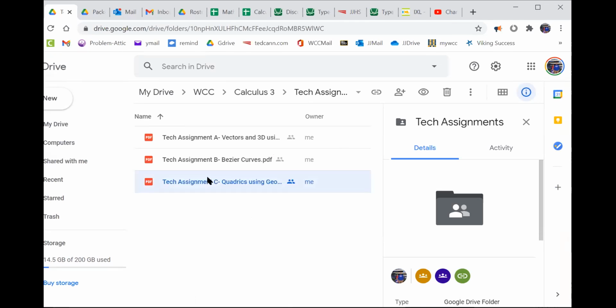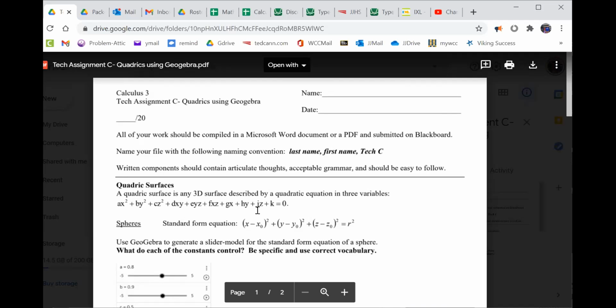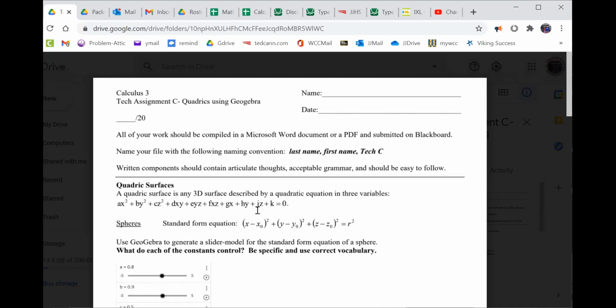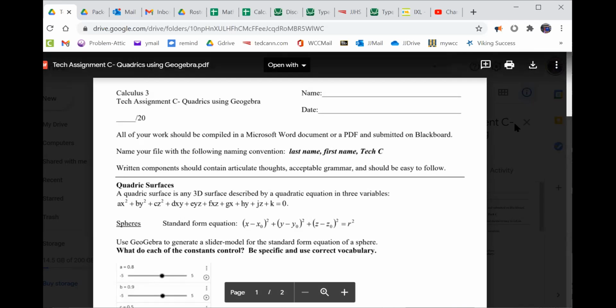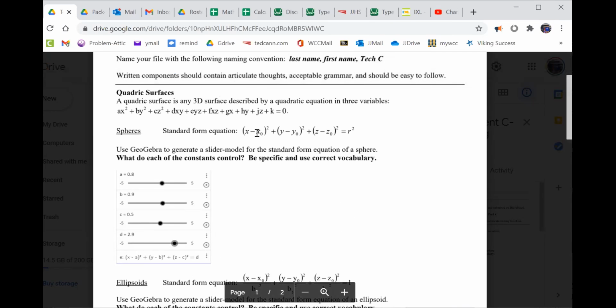But you'll see here that there isn't a whole heck of a lot to do. Everything is kind of described for you. All you're really going to do is determine what each of the sliders for each of the different quadric surfaces controls, right? And it's as simple as that. So you look at this and you see, okay, the first one is a sphere. And you see the general model is x minus x sub o squared plus y minus y sub o squared